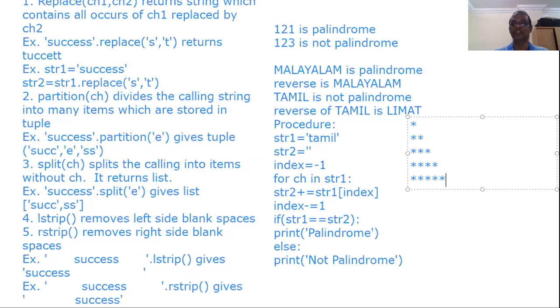In the first line it should display a single star. In the second line it should display 2 stars, in the third line 3 stars, in the fourth line 4 stars, and in the fifth line 5 stars. That's also very simple with the help of strings. We already know string operations very well.